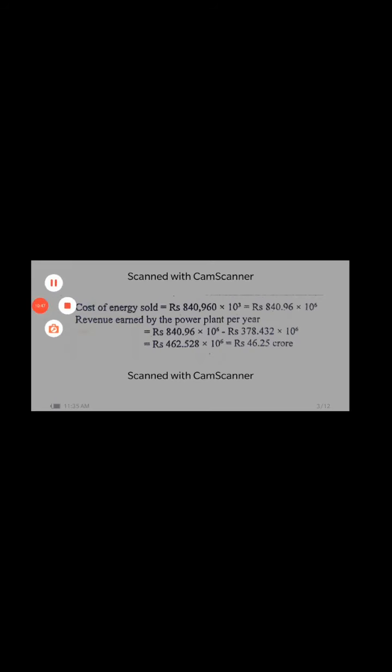So in this problem you have seen what the installed capacity is, you understood about maximum load, you understood about annual load factor, you understood about the number of hours in a year, you understood about capacity factor. Okay, so now we shall go for the next problem in the next discussion.